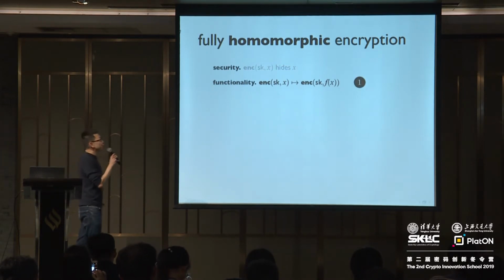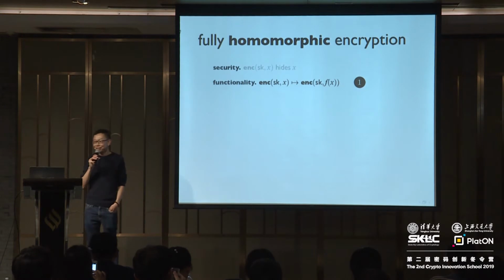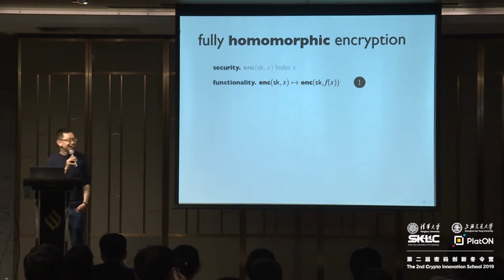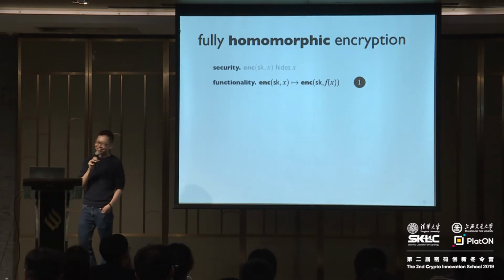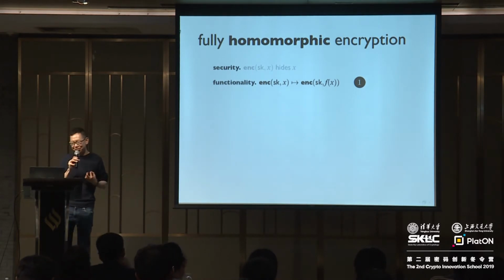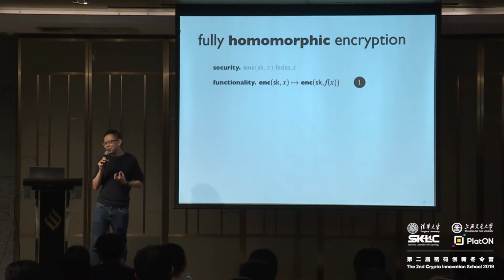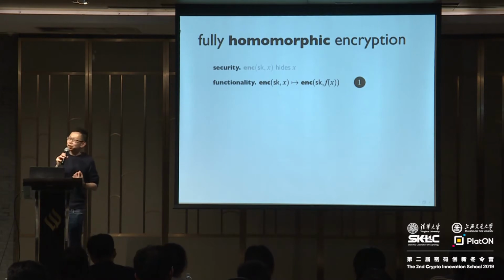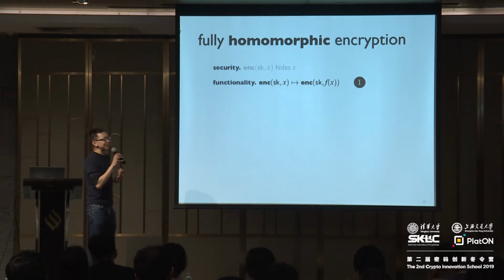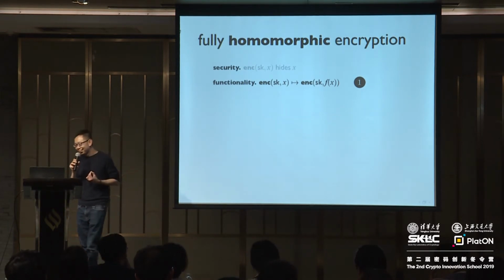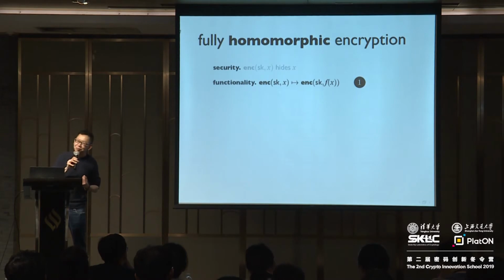Alright, so I'm going to be describing the construction in three steps. The first idea towards the construction is to omit the security requirement. So I'm going to give you an insecure encryption scheme that is fully homomorphic. You may ask, well, if it's insecure, then the encryption of X can simply be X, and then homomorphic evaluation will be completely trivial. So the whole point of this insecure scheme is that it should be not too difficult to make it secure.